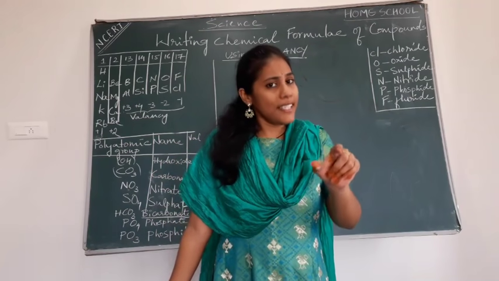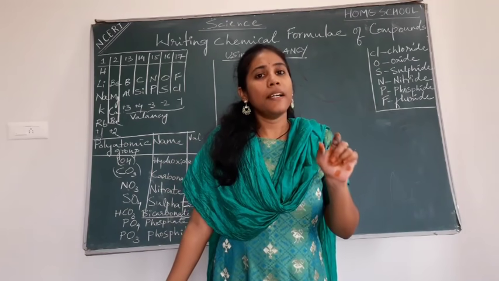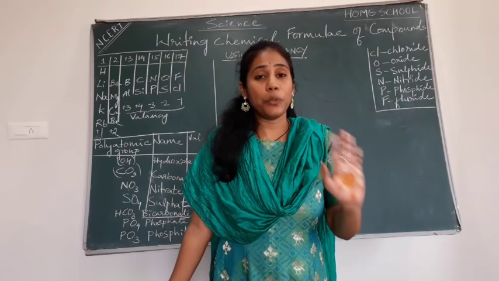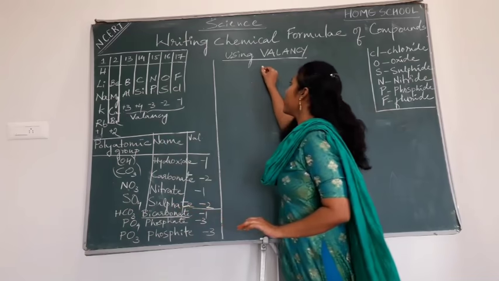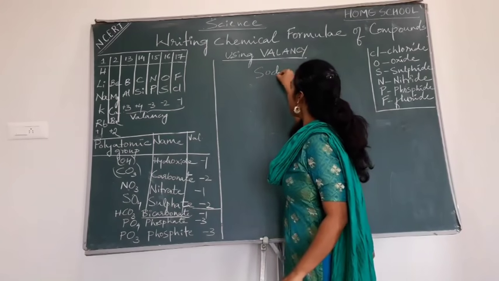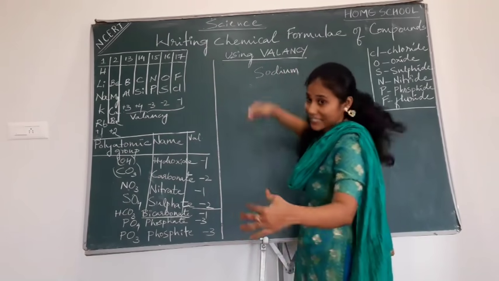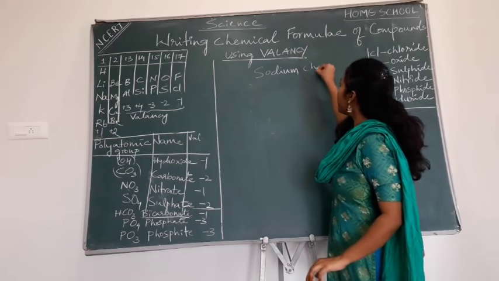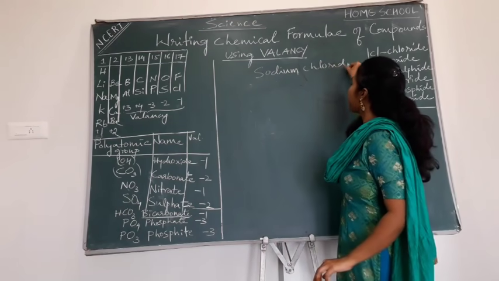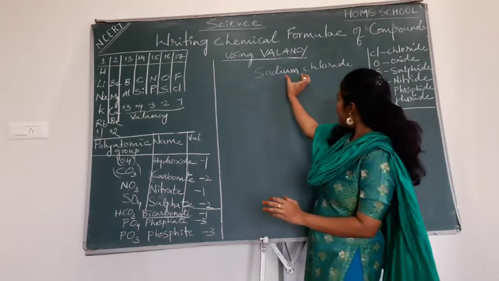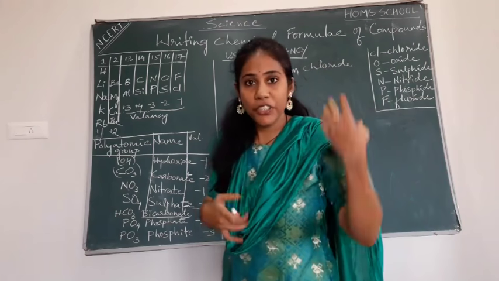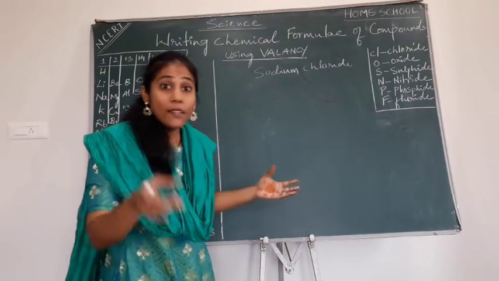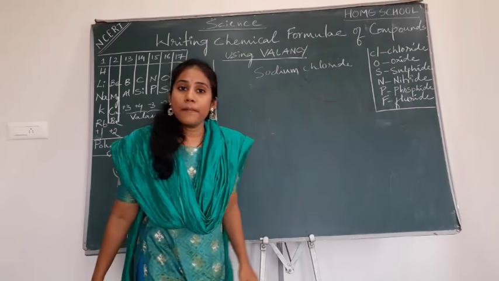And as I told you, the very simple compound I am taking here initially is sodium chloride. Let us see how to write its formula. You already know it, but still I am showing the pattern of how to write it. Sodium chloride. The moment you see the name, it has sodium. Sodium is an element in the periodic table. What is its symbol? You have to write its symbol below.